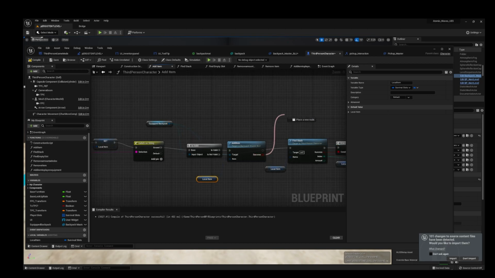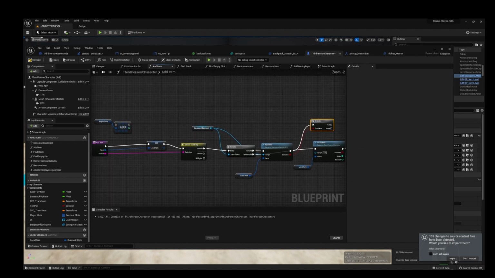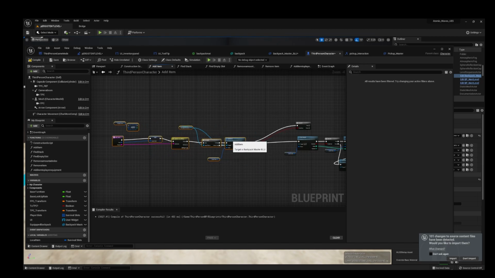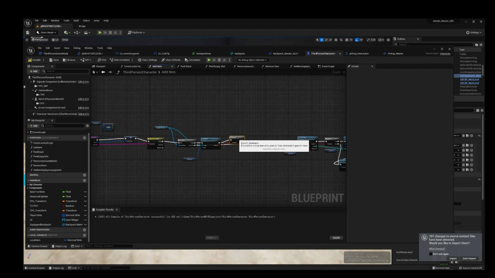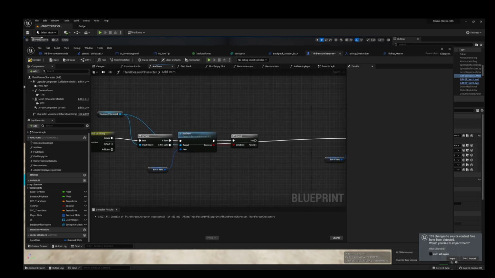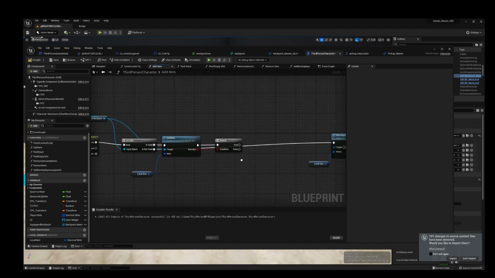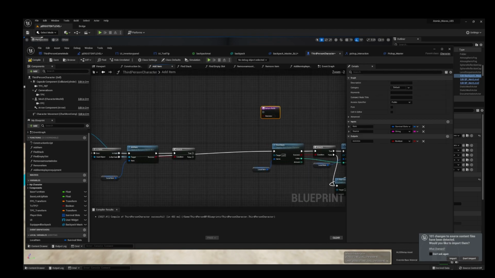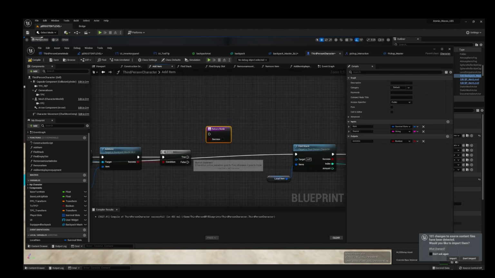Next, let's go ahead from success, get a branch. Move this back a little bit more because we're running out of room here. It's getting a little cramped for my liking. Branch like that. And then from here, let's get a quick copy of our return node. True, drag it up, check it.